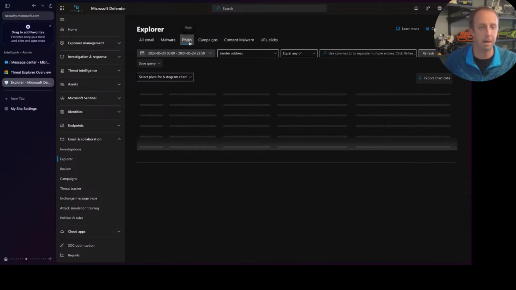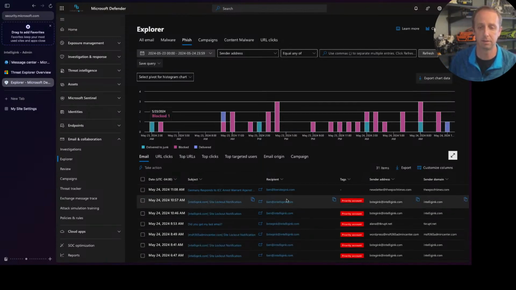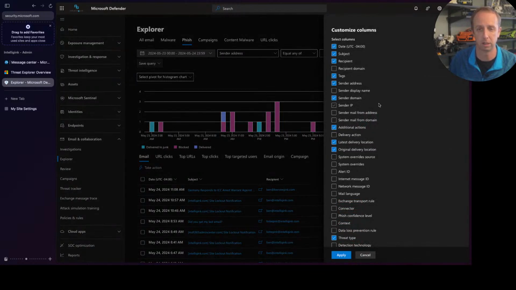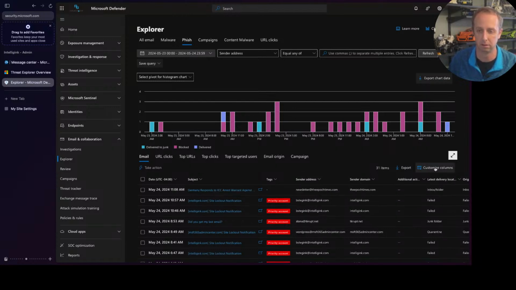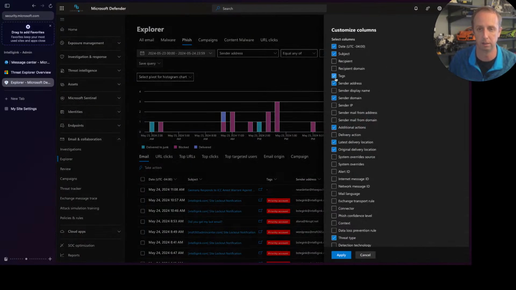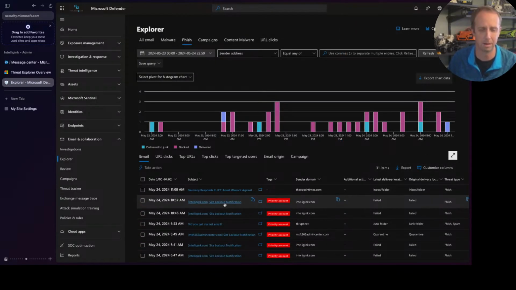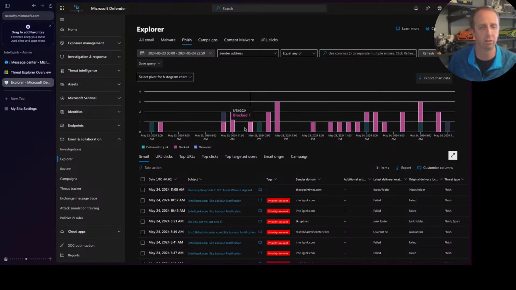So you can see malware, phishing campaigns. This one I have a few more of. Same type of thing, where here I actually did leave recipient in there, but we could go in, customize columns, pull out recipient. That pulls it out, and here we'll pull out sender as well. Just those should be fine, because anybody that's sending me malware, although it looks like maybe I was sending some to myself through some of these alerts around my website,